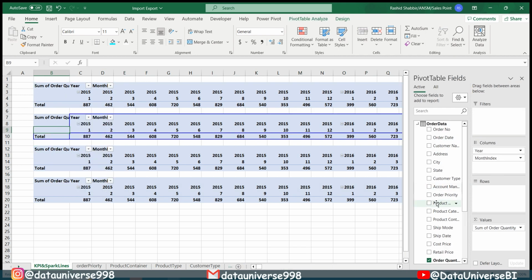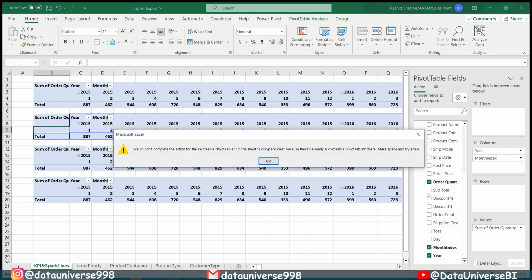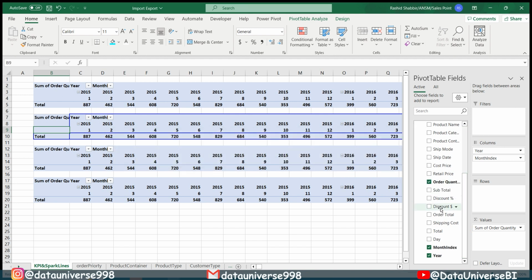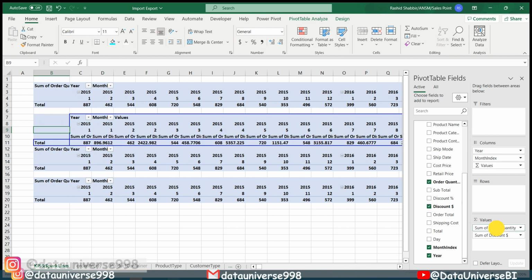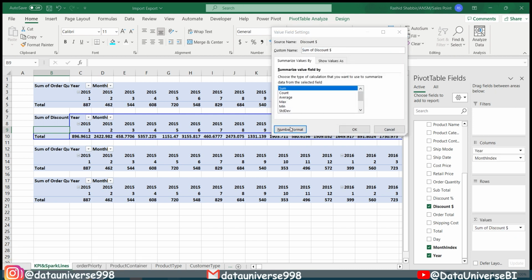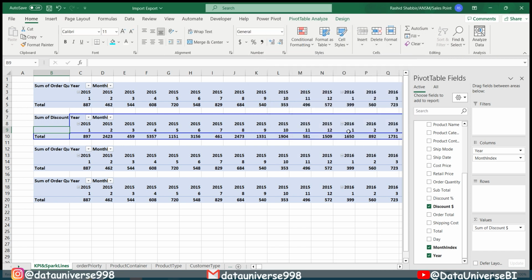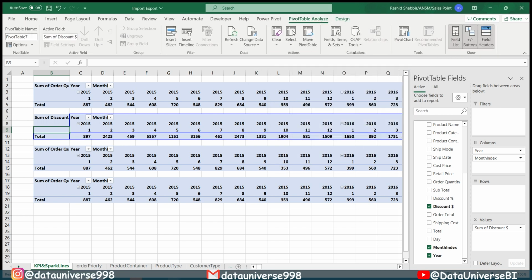Show field list. So I will be replacing this order quantity with this discount. So this is my discount. I right click on it, value field setting, number, and make it 0. Okay. So pivot table analyze, this is my discount